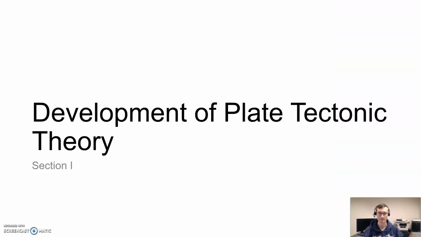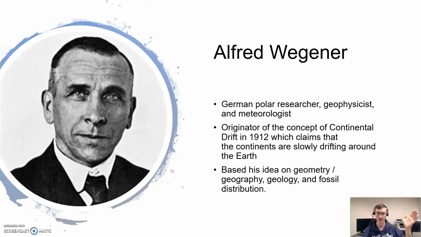Yeah. So we're going to cover first the development of plate tectonic theory, how we've gotten to this, and we're going to start with Alfred Wegener. So he existed back in the days when scientists didn't just study one particular thing, but maybe could have covered all sorts of different areas. See, he was a meteorologist, he was a polar researcher, he was a geophysicist, sort of had his finger in all of these different areas. And he is known for being the first one to propose this idea of continental drift, or at least the first one to present it formally and to tie all the pieces together into one idea.